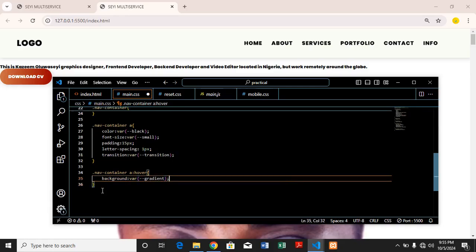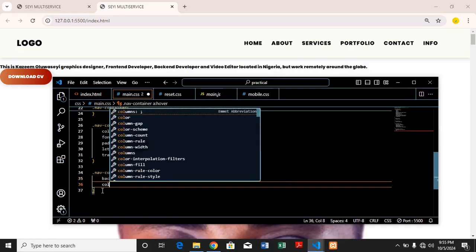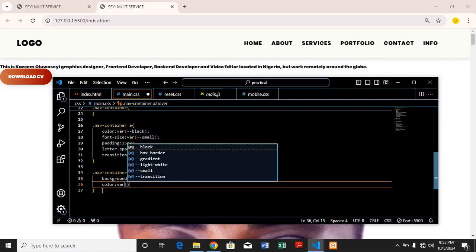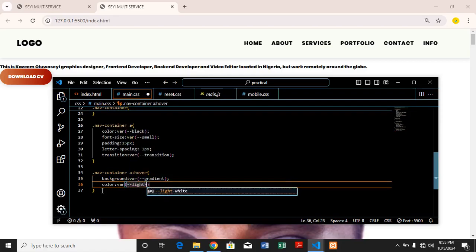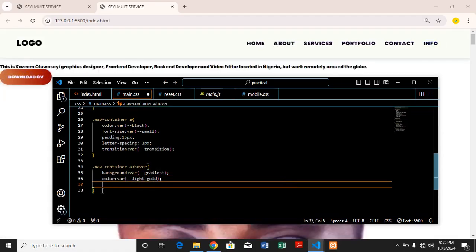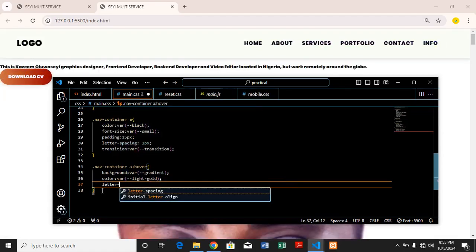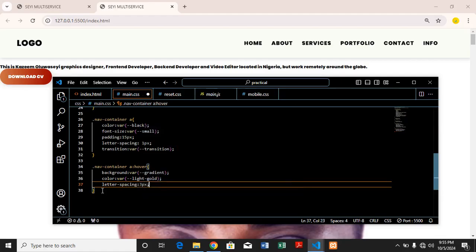All of these colors I've explained before, that they have been designed. The color that we show is going to be light gold. Then letter spacing is going to be 3 pixels. So now I think we have done that. That one has been achieved. So that's everything about the header. And from there we move straight to our